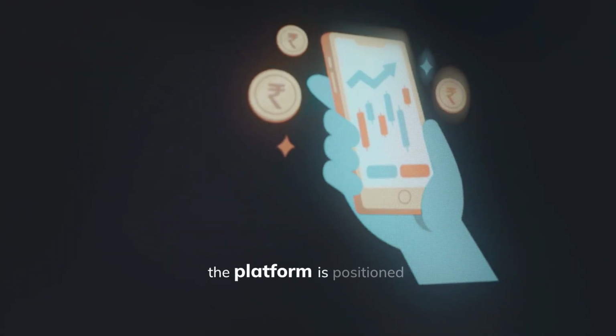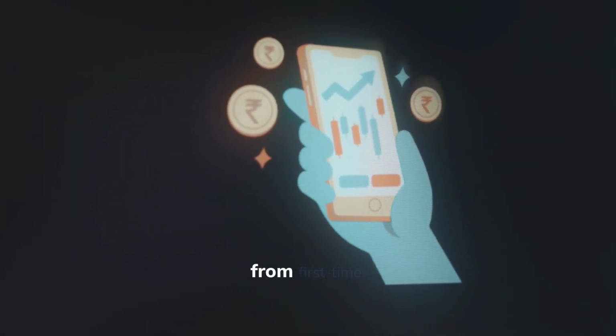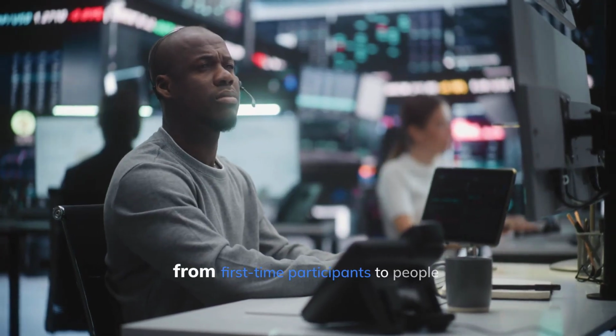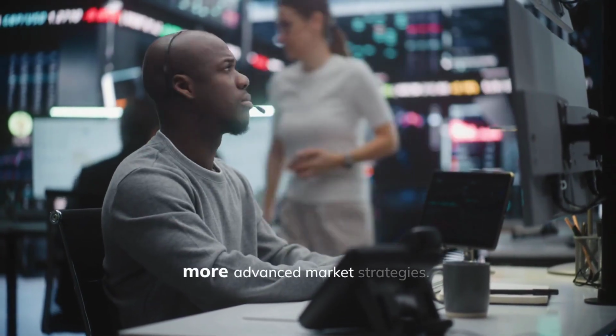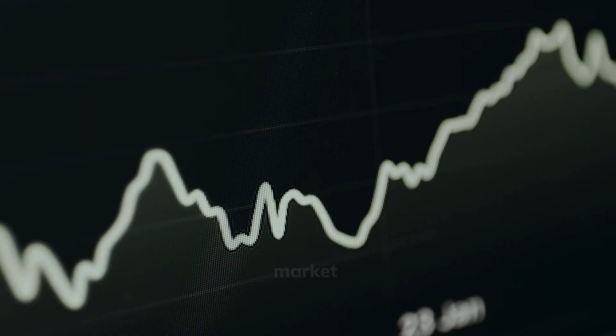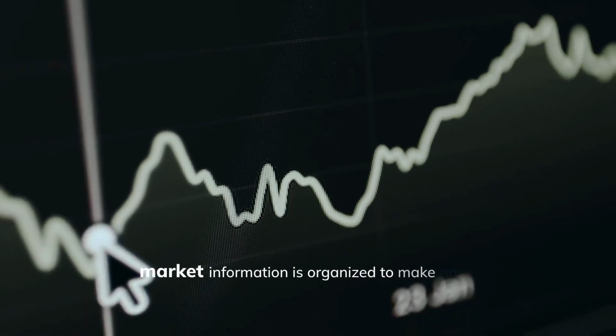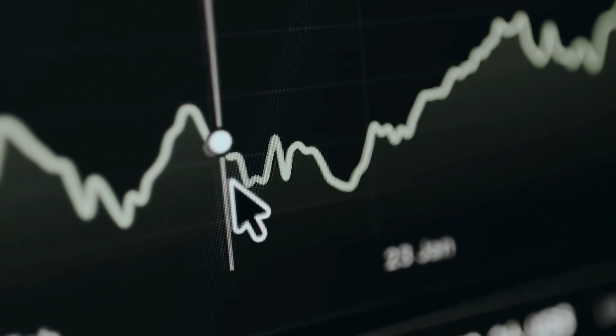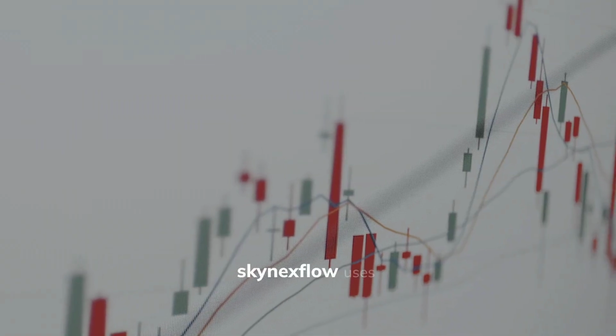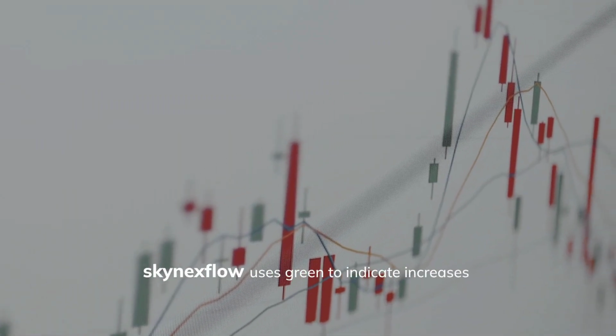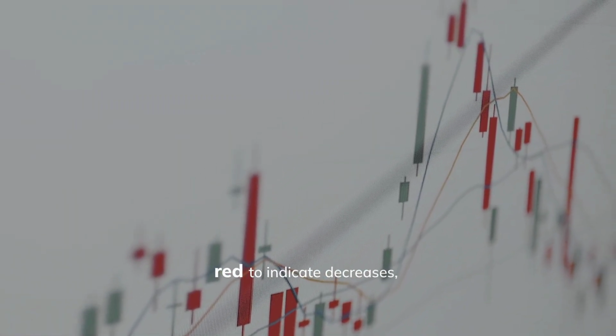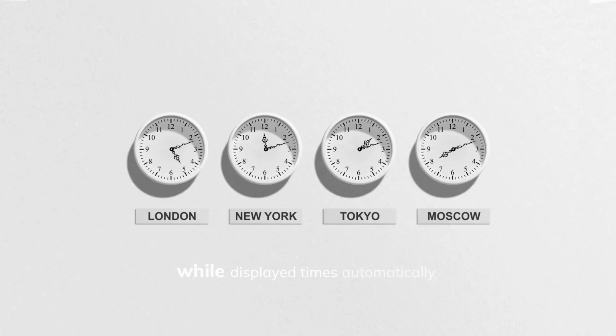The platform is positioned for users ranging from first-time participants to people working with more advanced market strategies. Market information is organized to make price activity easier to follow. SkyNexFlow uses green to indicate increases and red to indicate decreases, while displayed times automatically adjust to the user's local